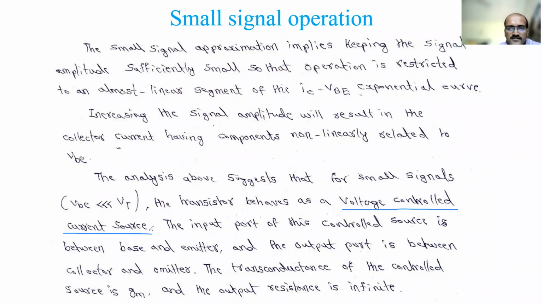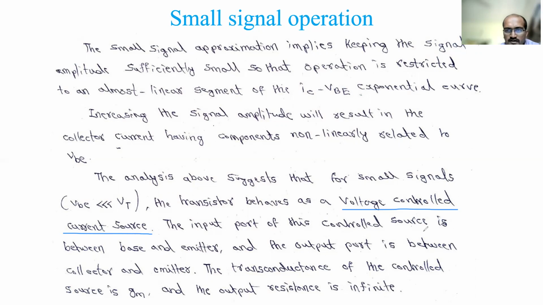This is the discussion of small signal operation and models. We could not do everything in one day, right? So when it comes up, you will understand how it works. But remember this point when I am discussing the model. When I discuss the hybrid pi model, I will be using this voltage controlled current source.